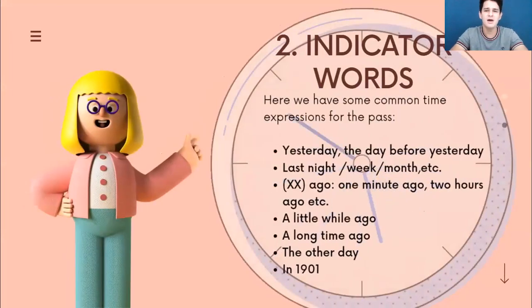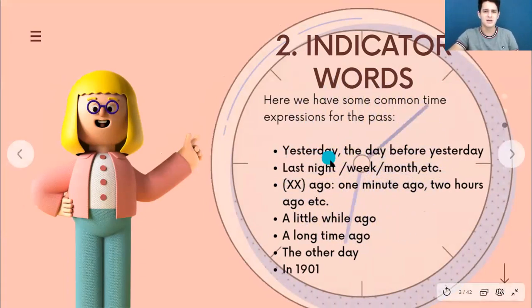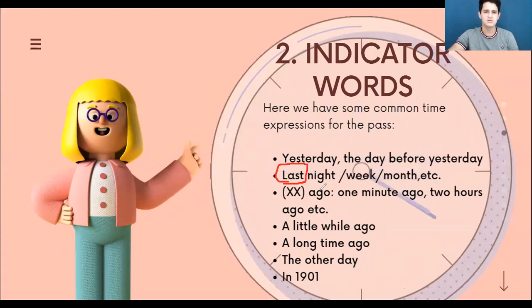All right, guys, now we have some other thing, which is the indicator words. We have some indicator words that help us to identify that we're talking about this topic, about this tense. Entonces, por acá tenemos unas palabras que usamos habitualmente en este tiempo gramatical, tales como yesterday, the day before yesterday, and those are ayer, anteayer, last. We have the expressions using last, okay? So you can say anoche, you say last night.